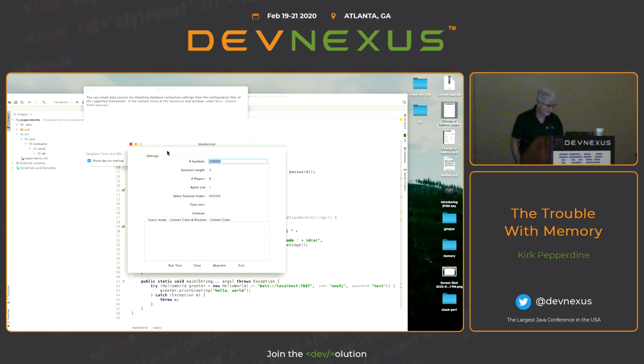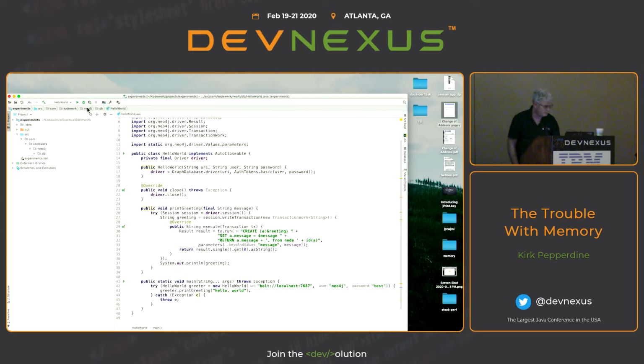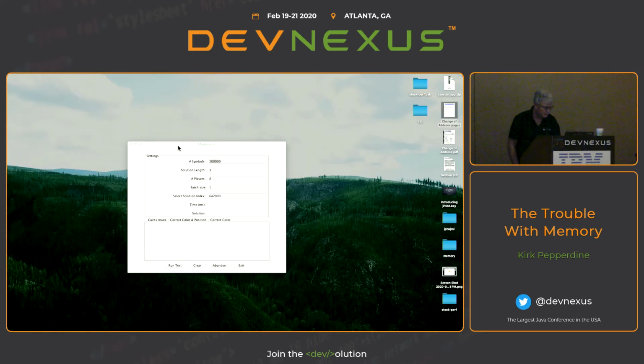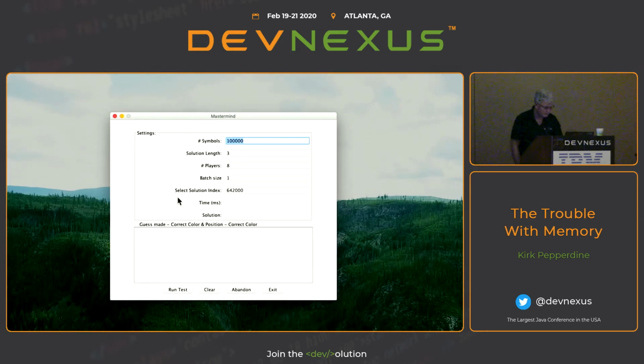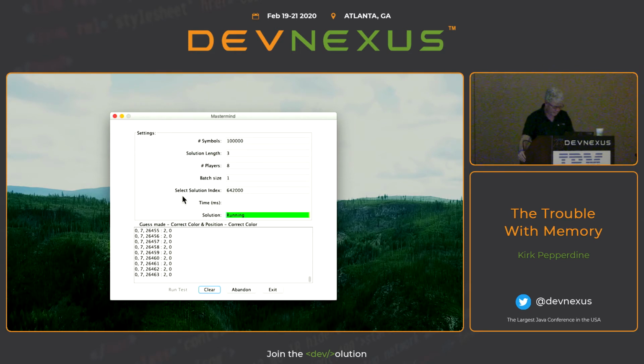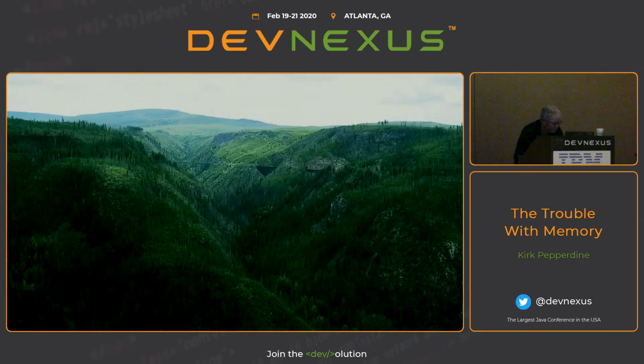So this is our little application. It's sort of like a game simulation. Let me make it a little bigger, though it doesn't really matter what's going on here. Basically, I just want to run this test and have it run through. We might want to do this one slightly backwards because it looks like it's in a funky state right now. But you can see this took about 4 seconds to run to get to an answer. And if I exit and start looking at the GC log,